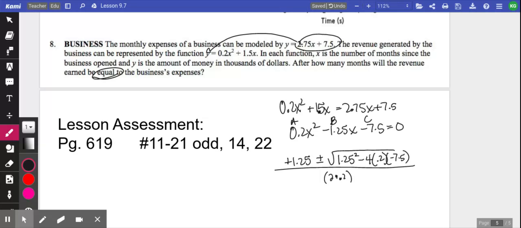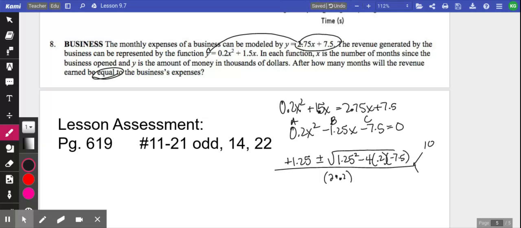So 1.25 plus the square root of 1.25 squared minus 4 times 0.2 times negative 7.5, close, divided by 2 times 0.2, so the first one I got 10,